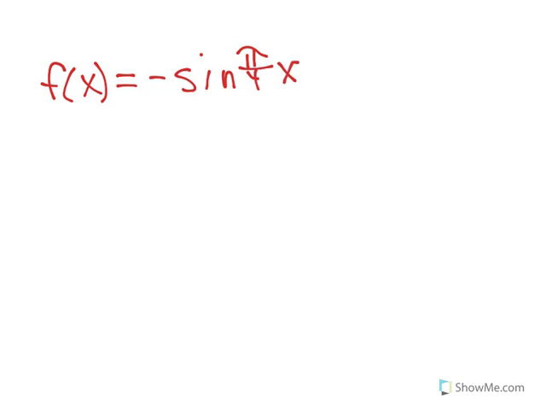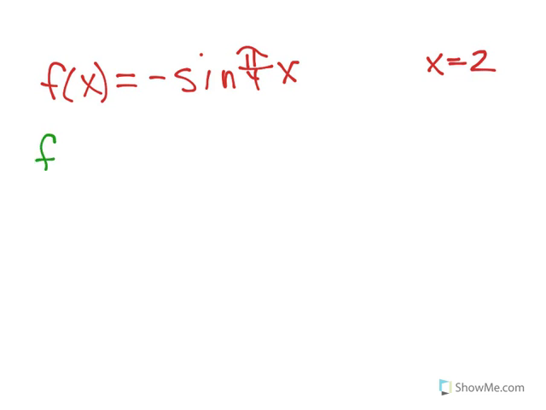So for example, on this problem, they asked me to use the second derivative rule to see if the equation f of x equals negative sine of pi over 4 x has a max or a min at x equals 2. So once I heard I have to use the second derivative rule, I'm going to take the first derivative of this function,